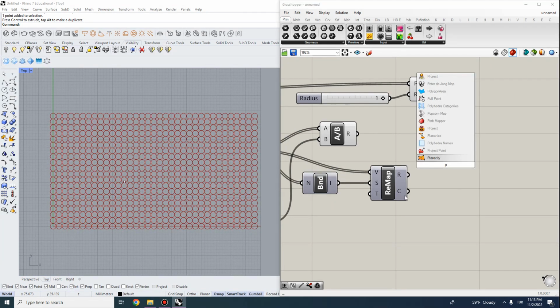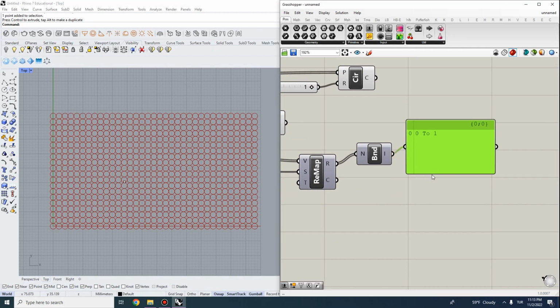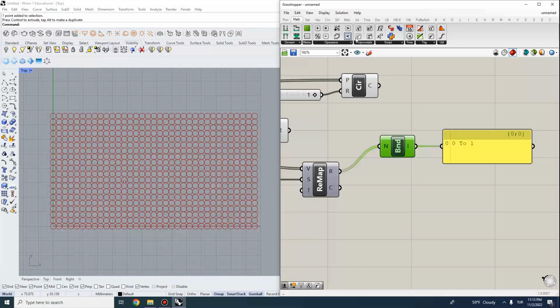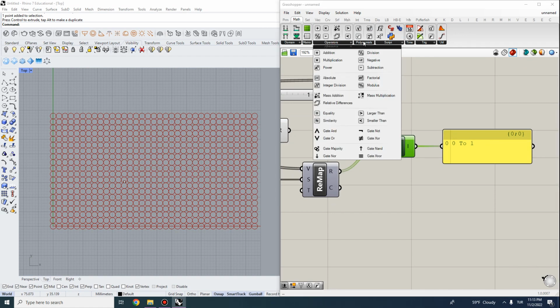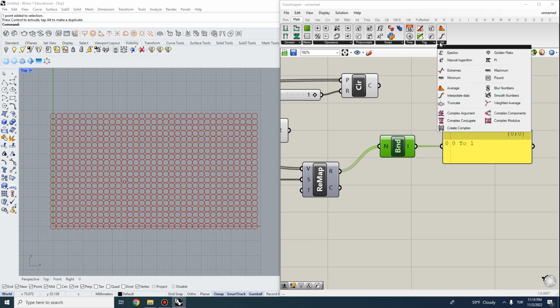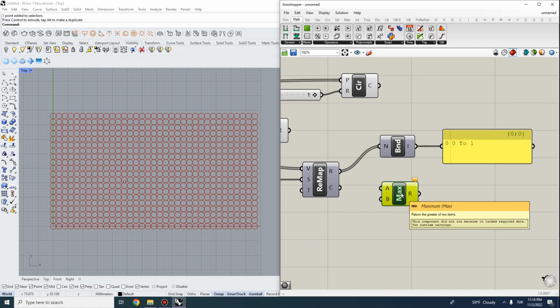For instance, if I were to look at the bounds of the output here and attach a panel, you will see that the values go from 0 to 1. But if I were to filter, let's say, values below 0.1, how am I going to do that? If you go to the Math tab, I think it's under Utilities, and do maximum here, what maximum does is it takes in 2 values and it always passes the larger